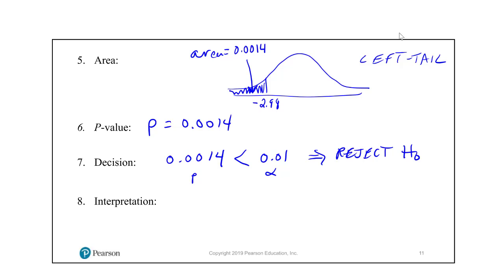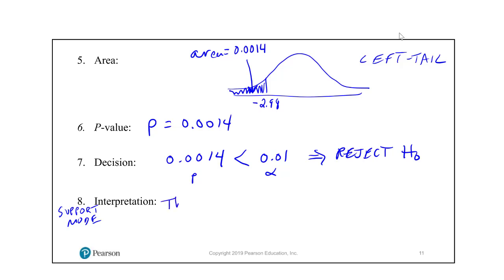Okay, so my claim was in the alternative, and I decided to reject H0. So when I'm in the support mode and I reject H0, bringing me to my claim in the alternative, that means there is